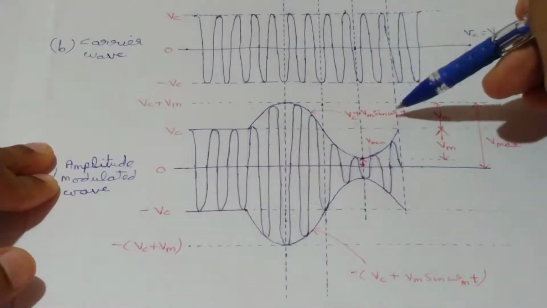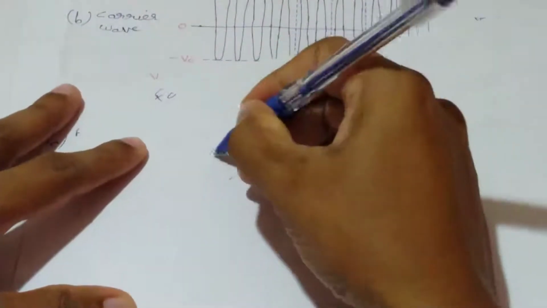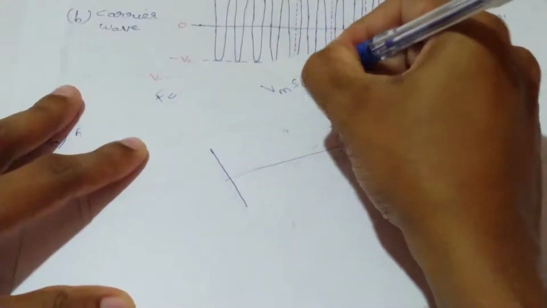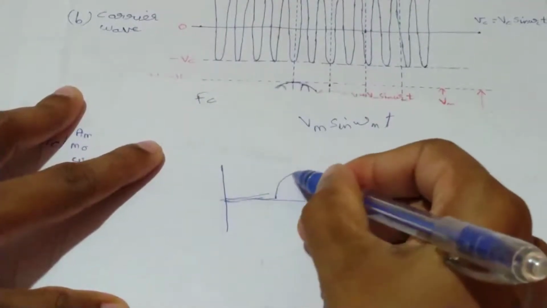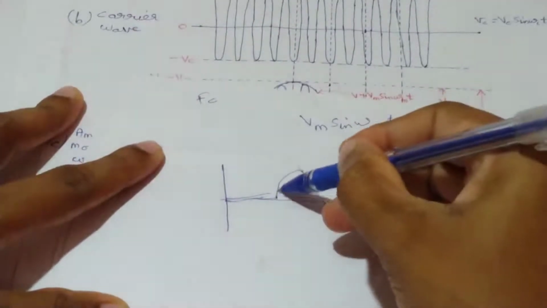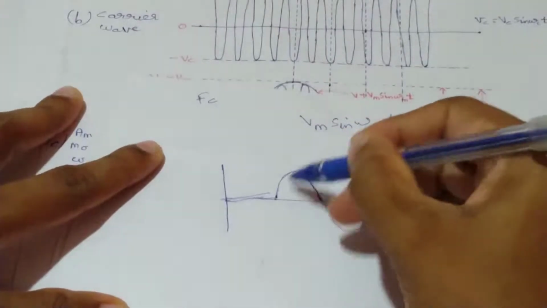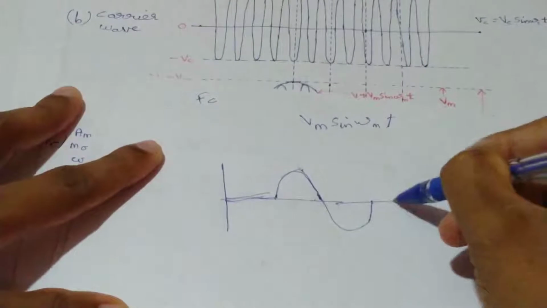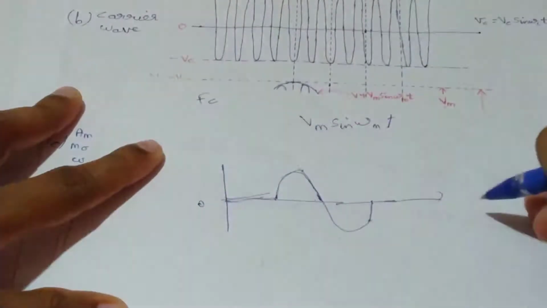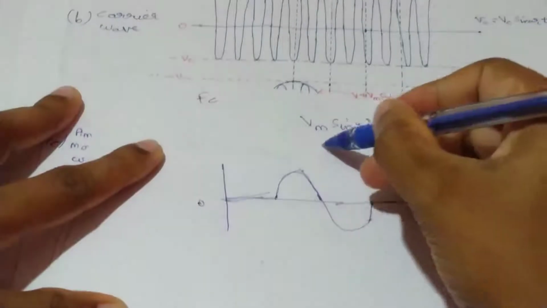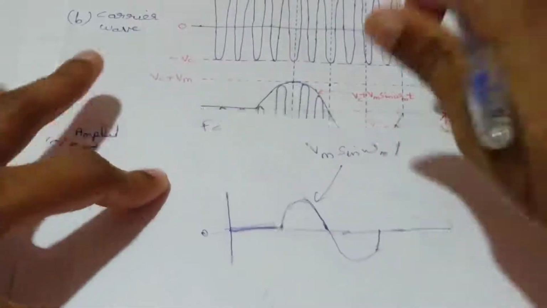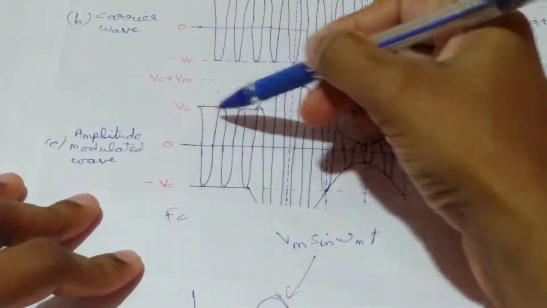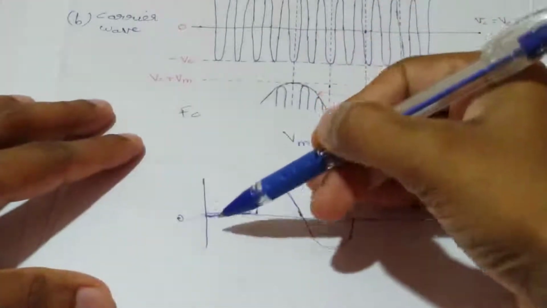So let's check how it will look when we plot that. So when we plot that top envelope, the equation for that top envelope is Vm sin omega mt. Okay, so it will be like this one. Okay, this peak will be above the 0 line and this one will be below the 0 line. Okay, this is our 0 reference line or our x-axis. Okay, so this is our Vm sin omega mt, and here it will be at 0 level because here there is no Vc value, so this will be represented by the 0 level here.